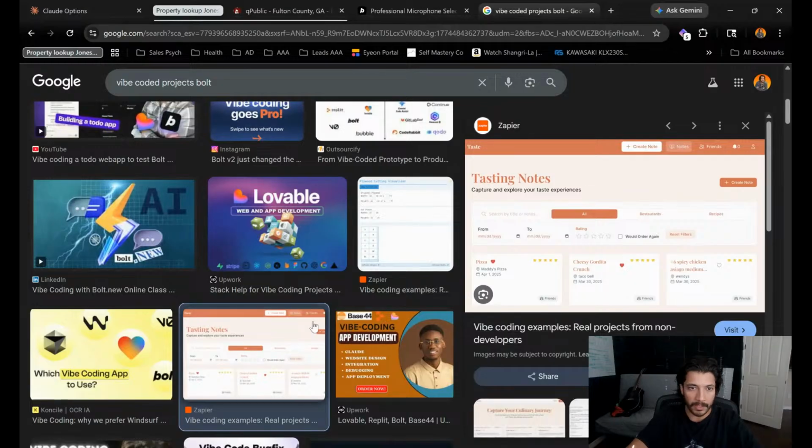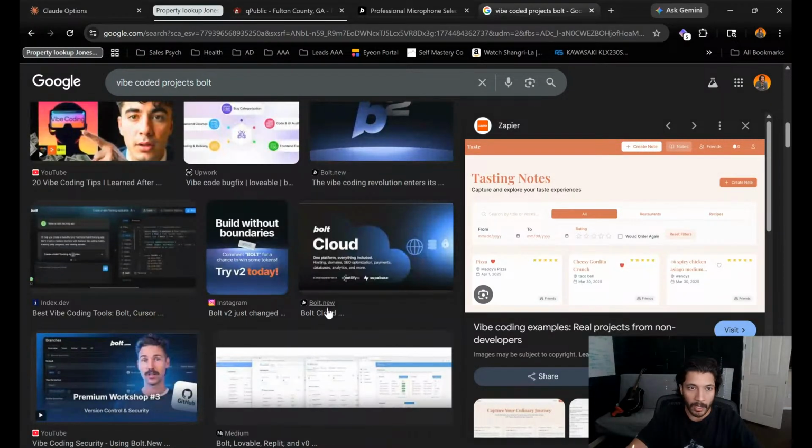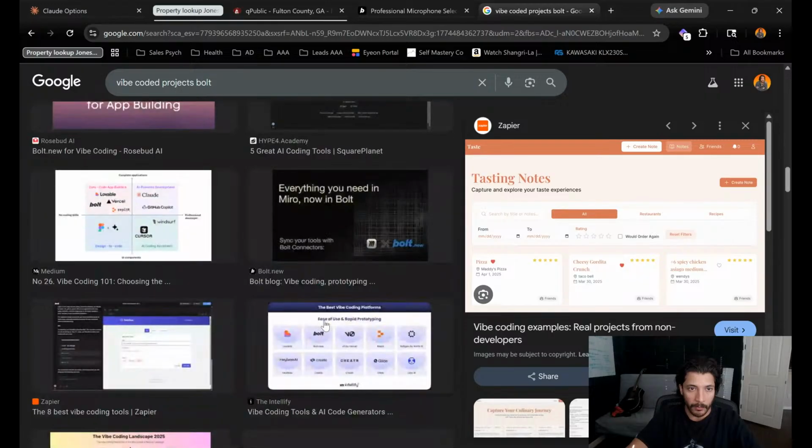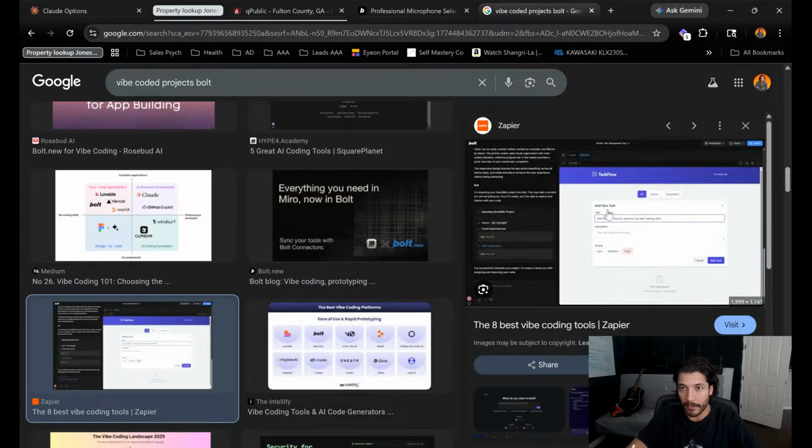It's enough of a difference that it does some things, but particularly the font, the color style, and icons are usually a dead giveaway. But let's just see if I can find any more. Something like this. Yeah, this is definitely like a vibe coded project. You can see this stuff.